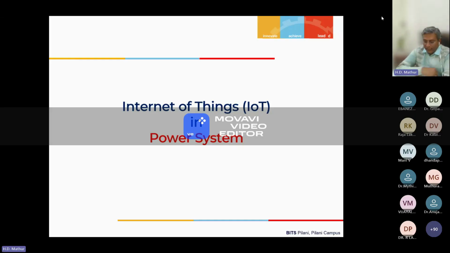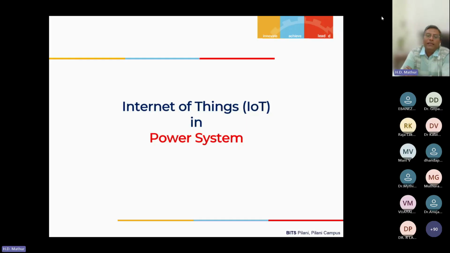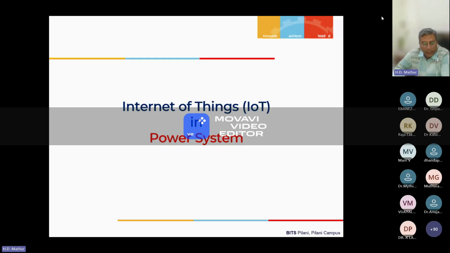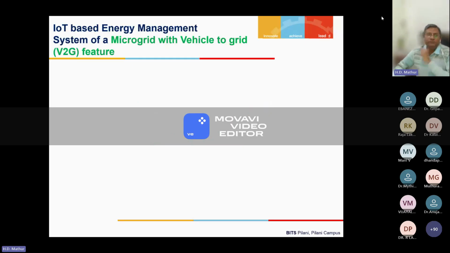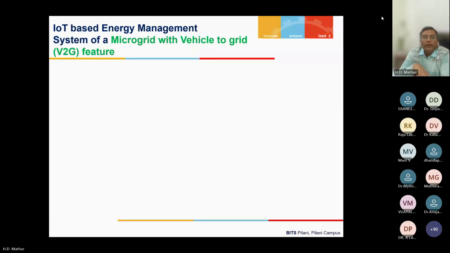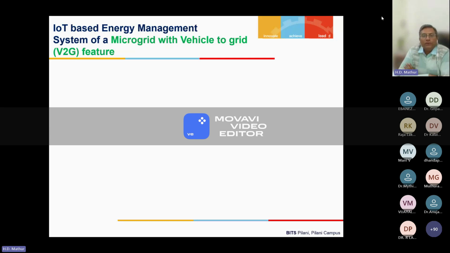We have also been working on the application of IoT in power systems. So what are the different applications of IoT in power systems? Let me quickly tell you the example of our own work, where we developed an IoT based energy management system for a microgrid with a vehicle to grid feature. I hope you all understand what an energy management system is, and you all know what a microgrid is. So here, when I talk about vehicle